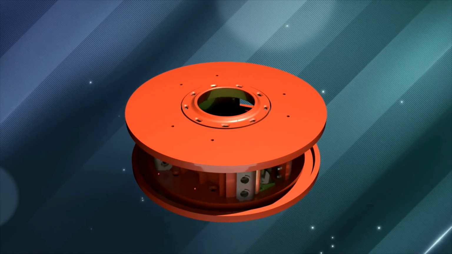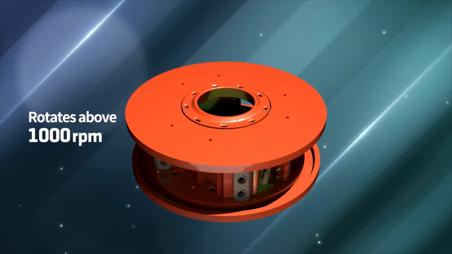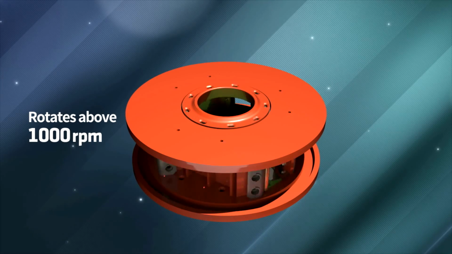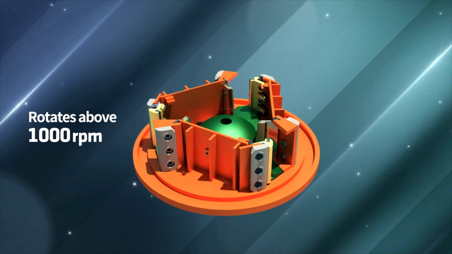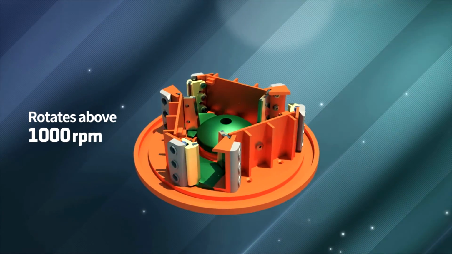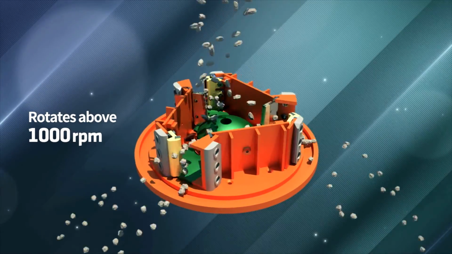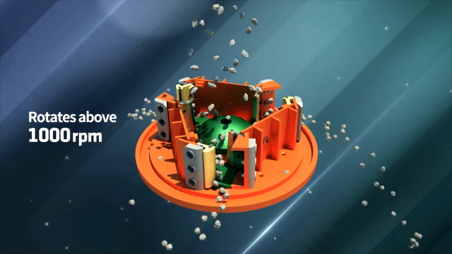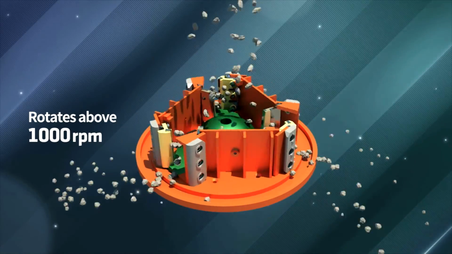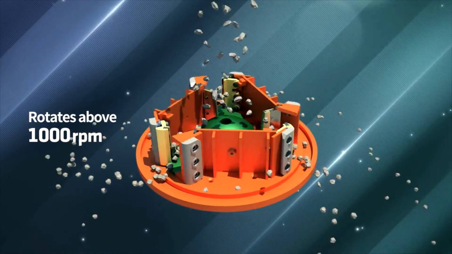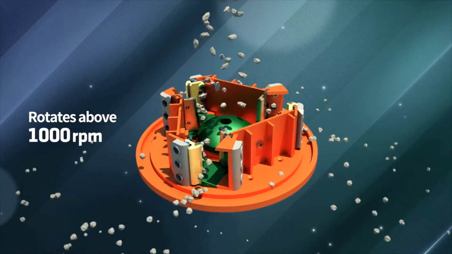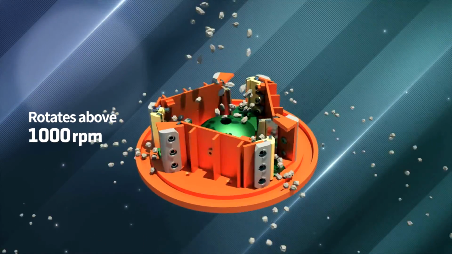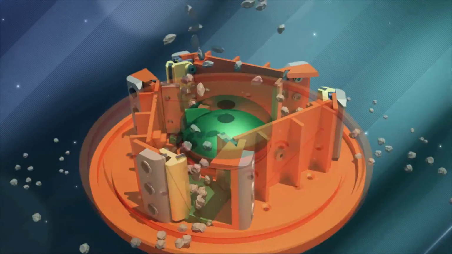If you look at its detailed operation, first, aggregates are injected and distributed to the inside of the rotor through the dispersion cone that rotates above 1000 RPM. Then they are evenly distributed by top and bottom wearing plates before discharge. At this point, the rotor tip protects the body by injecting aggregates in a certain direction, which come out at accelerated